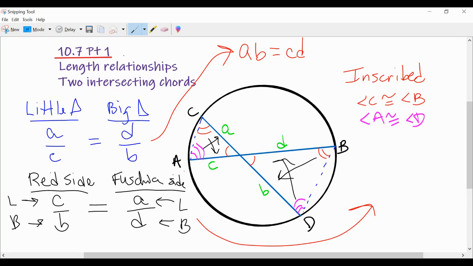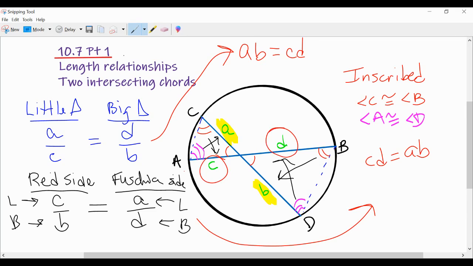Well, I'm going to get CD equals AB. And notice that I've actually written the same thing: AB equals CD, CD equals AB, same thing. So what have we done here? We have shown that if you have two intersecting chords, then A times B is equal to C